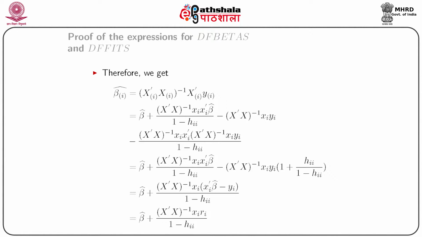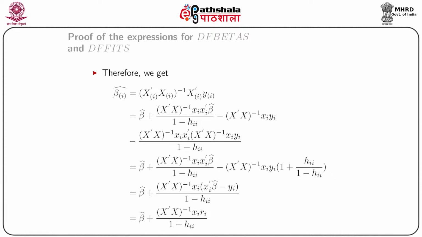Now we know that from the results of the linear model, the estimate of the parameters in the regression, beta hat, equals (X prime X) whole inverse X prime y. In the case of the dataset where the ith observation is deleted, we can thus write beta subscript i hat equals (X_i prime X_i) whole inverse X_i prime y_i, which equals beta hat